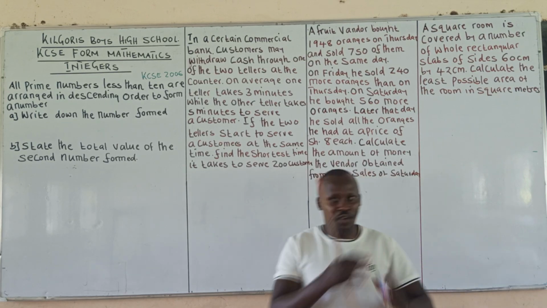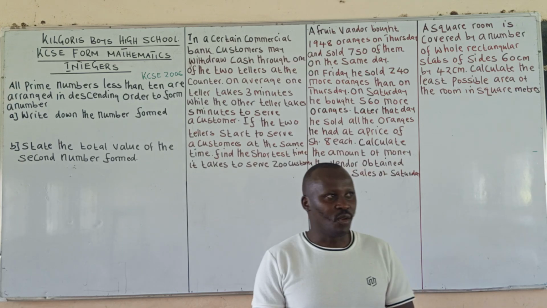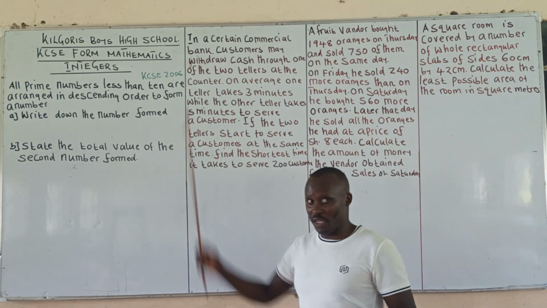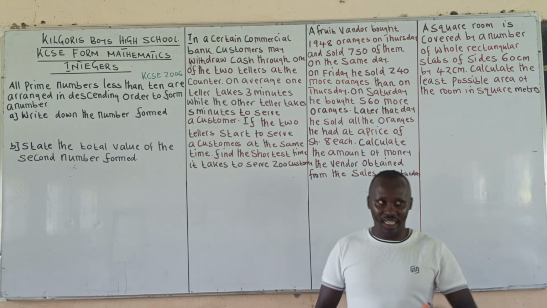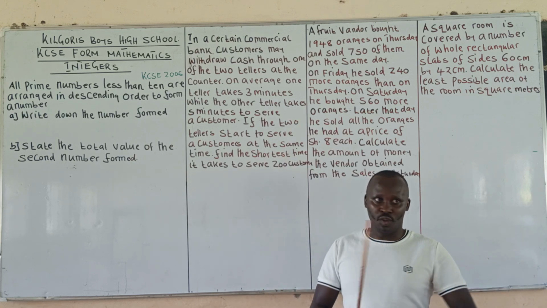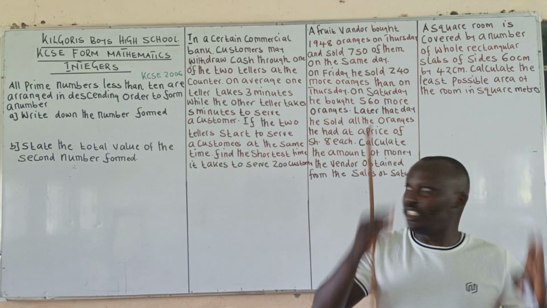In Form 1, you need to understand what the prime numbers are, what the even numbers are, and the odd numbers. Prime numbers in between